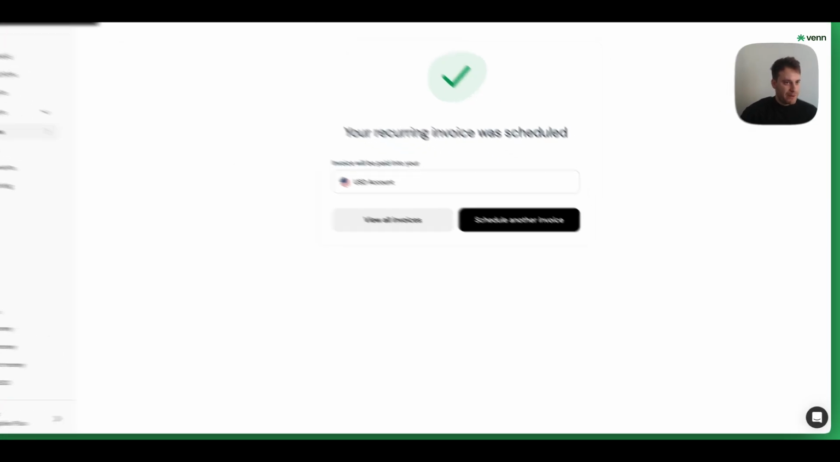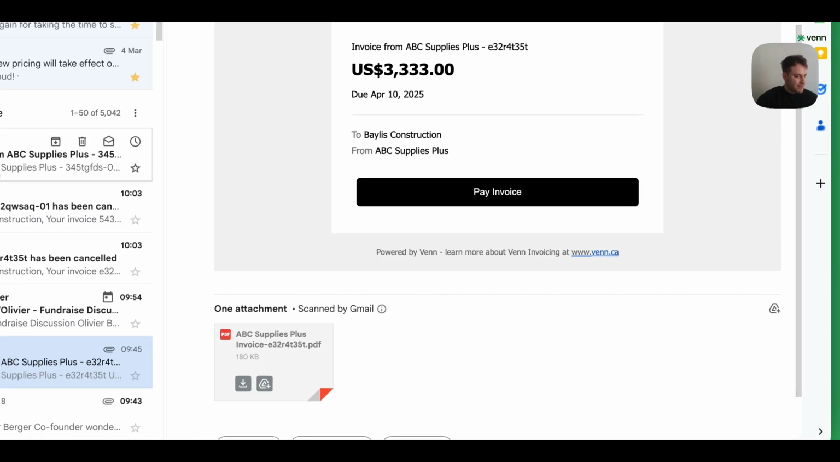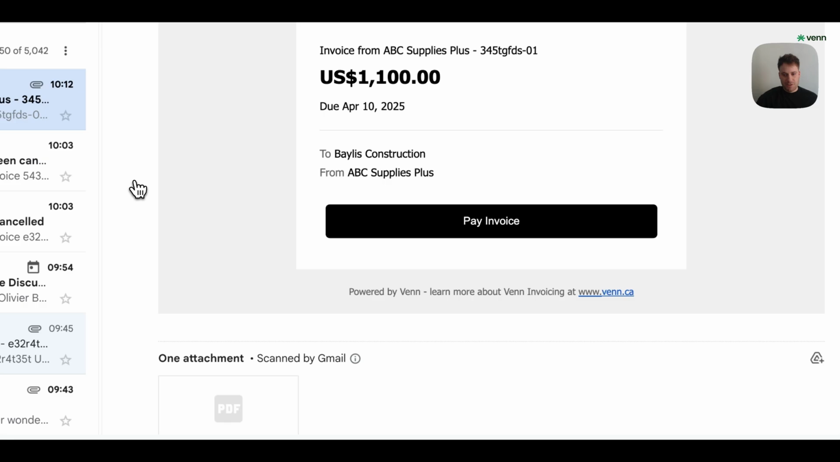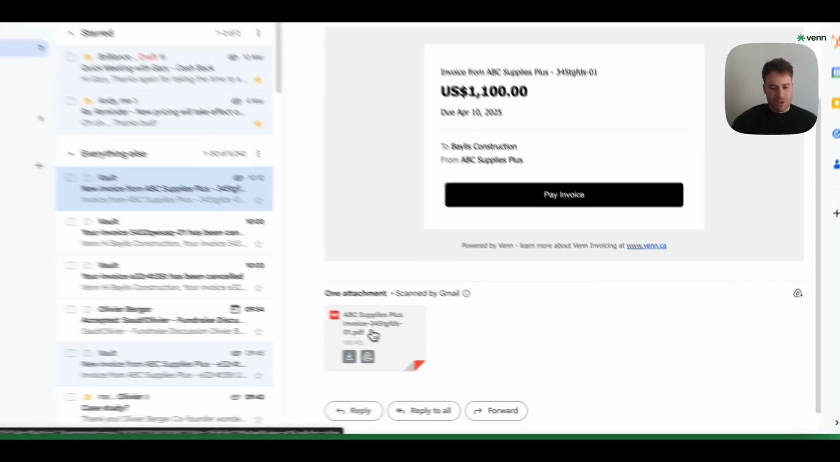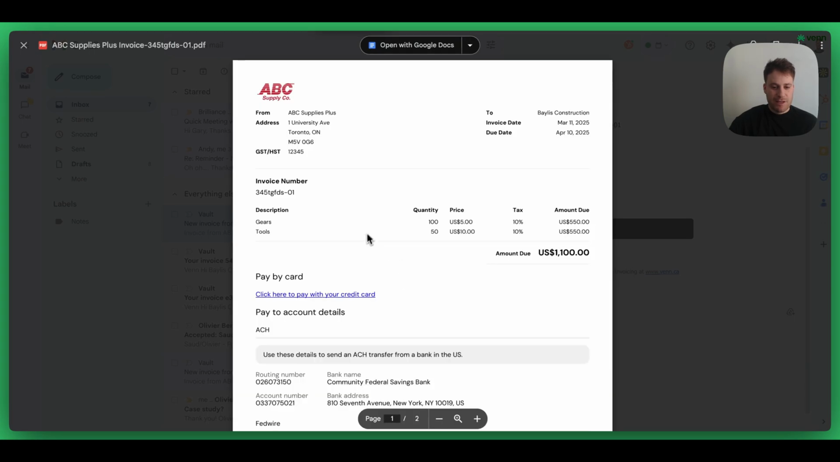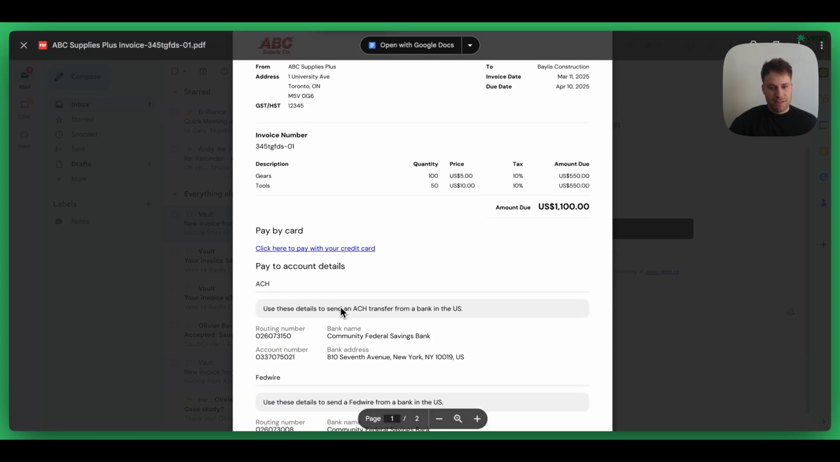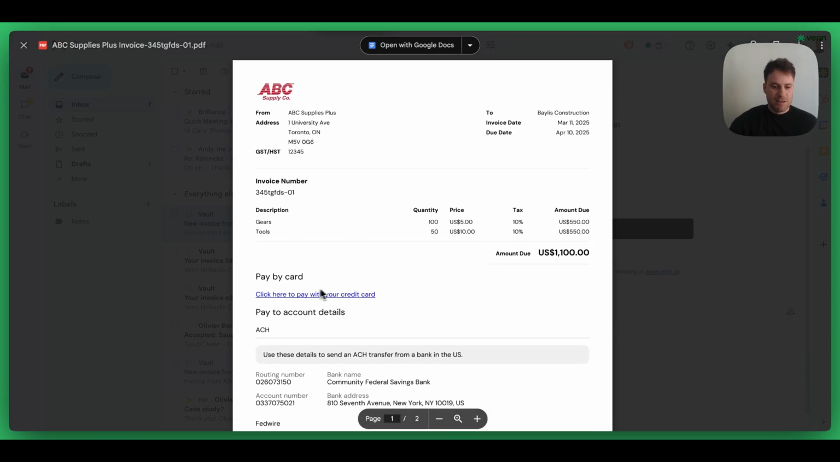Now if I go to my email, I'll see that I've received a new invoice from Venn. I'll click into it, and I have a link to pay, as well as an attachment, which is a PDF copy of the invoice with the bank details, the line item details, as well as a link to pay via credit card. If I click on that link,